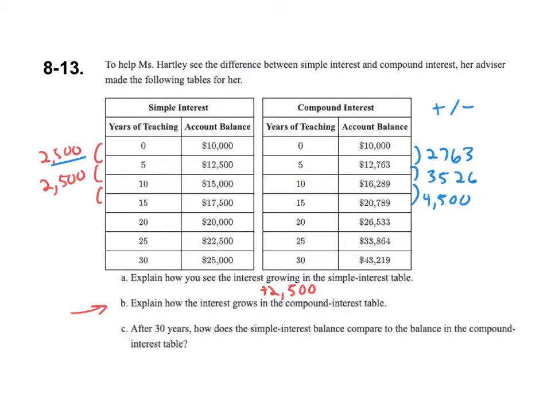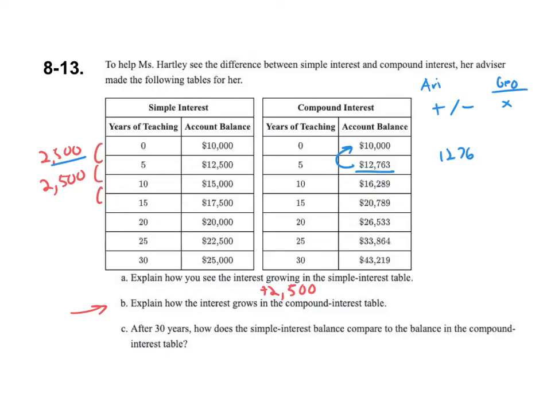So if we think back to our work with sequences, we had arithmetic ones that went up by adding and subtracting. We also talked about geometric sequences, which went up by multiplication. Let's see if we can use some of those skills to find out what is happening here. So in a geometric sequence, you would take the second term and divide it by the first term. So in this case, you would end up with